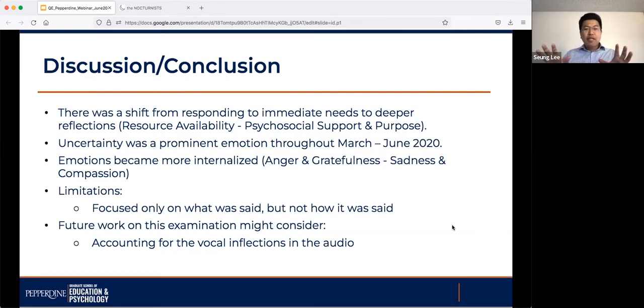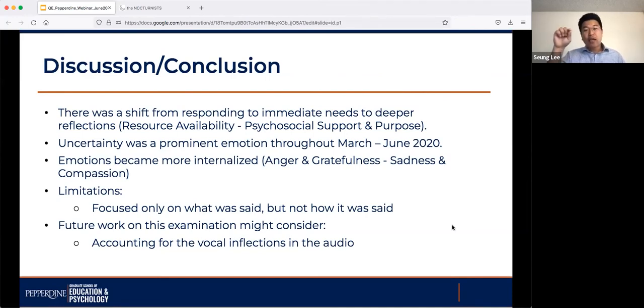One of the big limitations we thought of in doing this research was that we're only able to focus on the words that were uttered, right? So in terms of the emotions, we're focusing on whether they said, "Oh, I am angry," but not how they said it. And so future work could actually look at